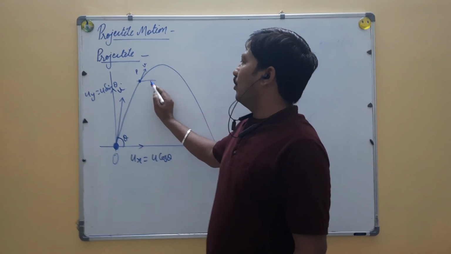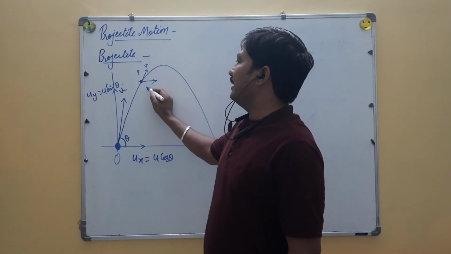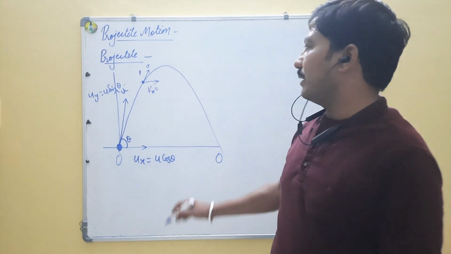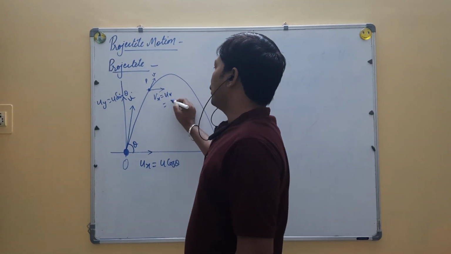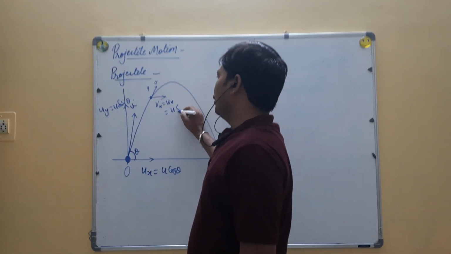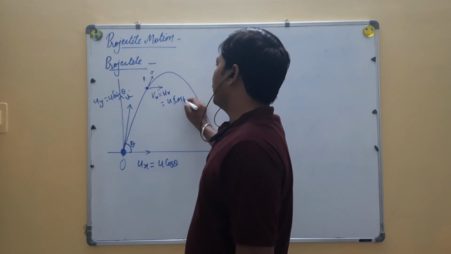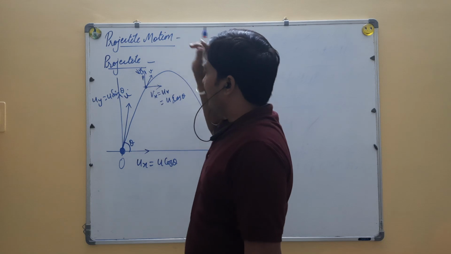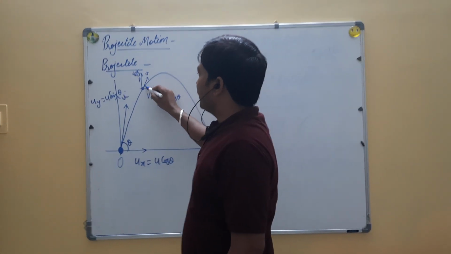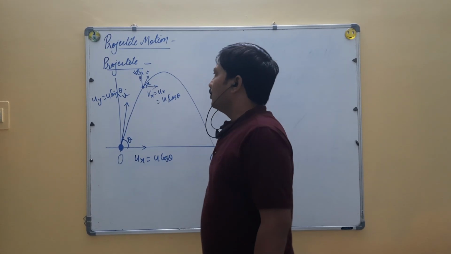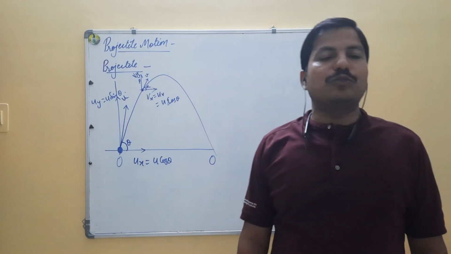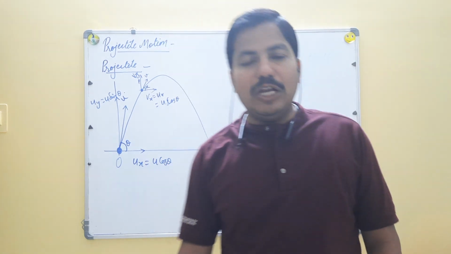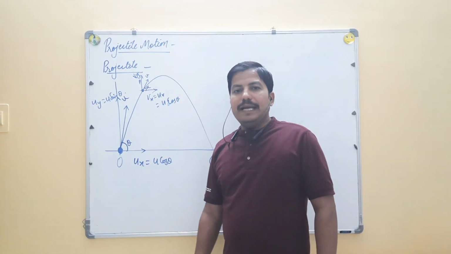The velocity component along the x direction, or horizontal direction, is vx. vx remains equal to ux, which is also equal to u cos theta. Another component of velocity is vy, and suppose this angle is alpha. So the velocity at point P has two components, vx and vy. vx has the same value, equal to u cos theta, and